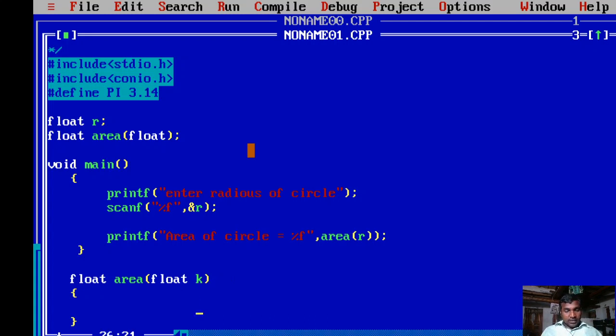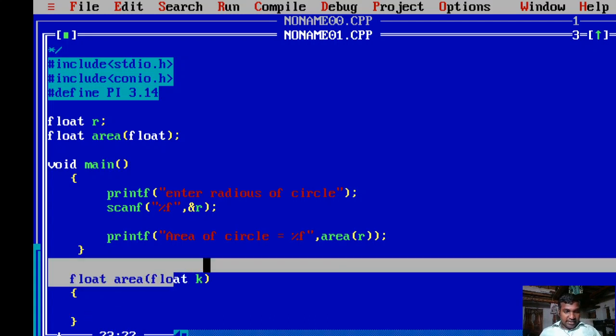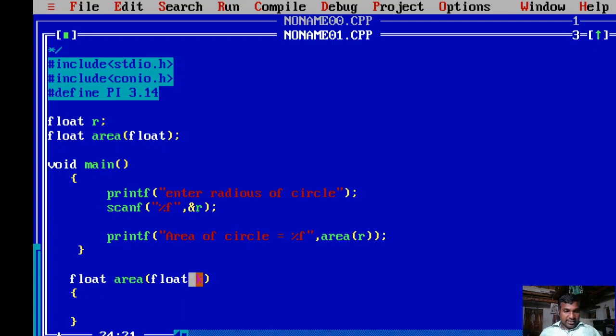Here area is the user defined function. It receives a value, and that value is stored in k, which is the radius. After receiving the radius, it must return the area of circle. So what is the area of circle? Pi r square. We need the pi value multiplied with the radius. Pi is a constant value that is already defined here.